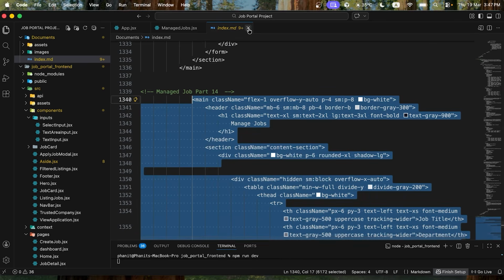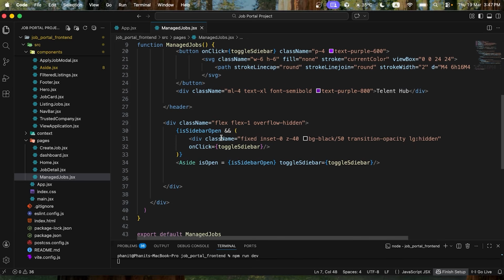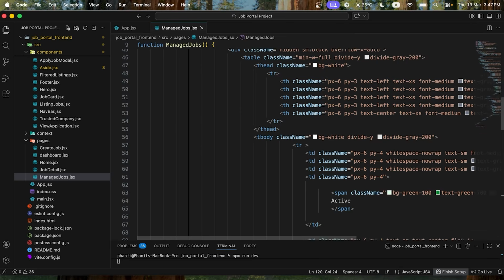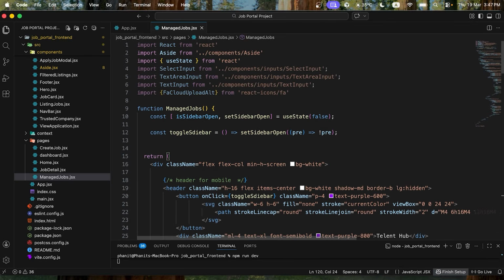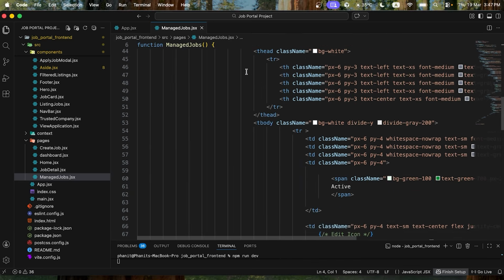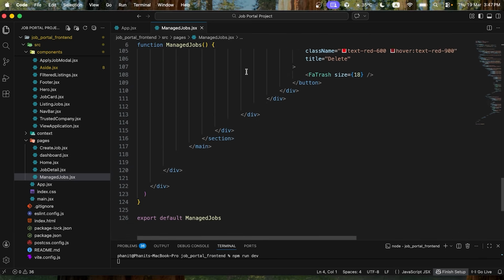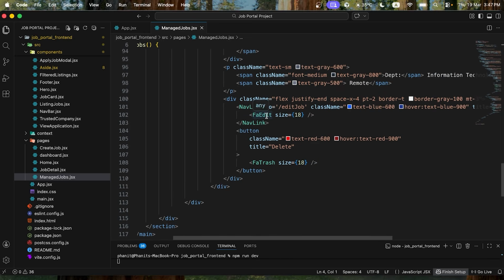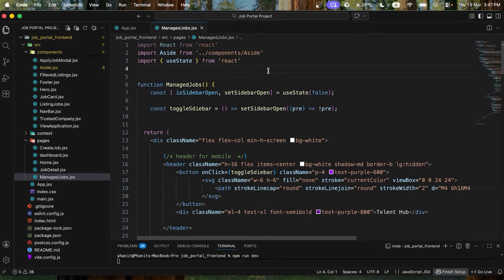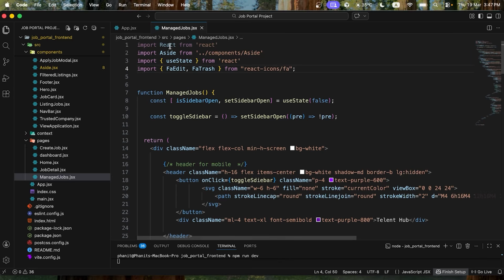I'm gonna copy this, then I'm gonna close, and then you're gonna paste inside assign. You're gonna paste this code right here. So, and then you're gonna delete all of this. So then I scroll down, and this is icon. So you're gonna import file edit and file trash from React icon, and then you're gonna scroll up, and I'm gonna import the file edit and file trash from React icon /file right here,